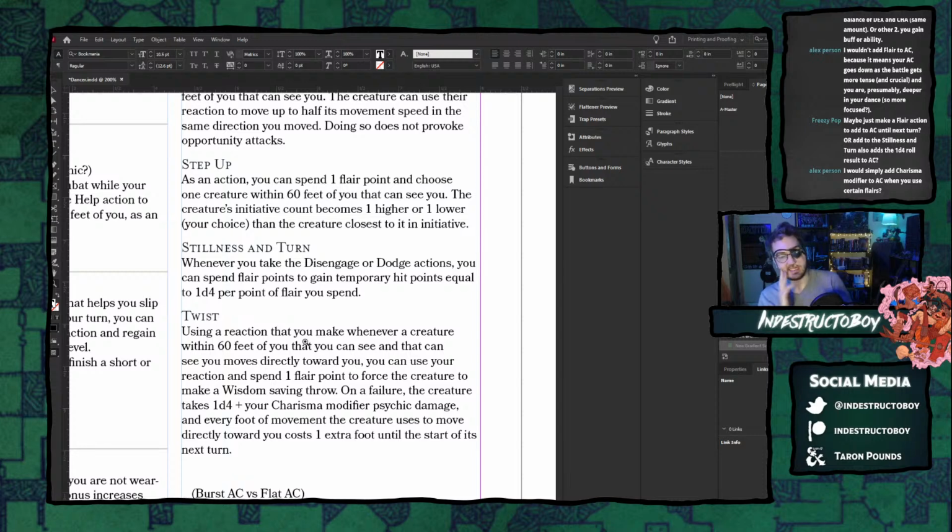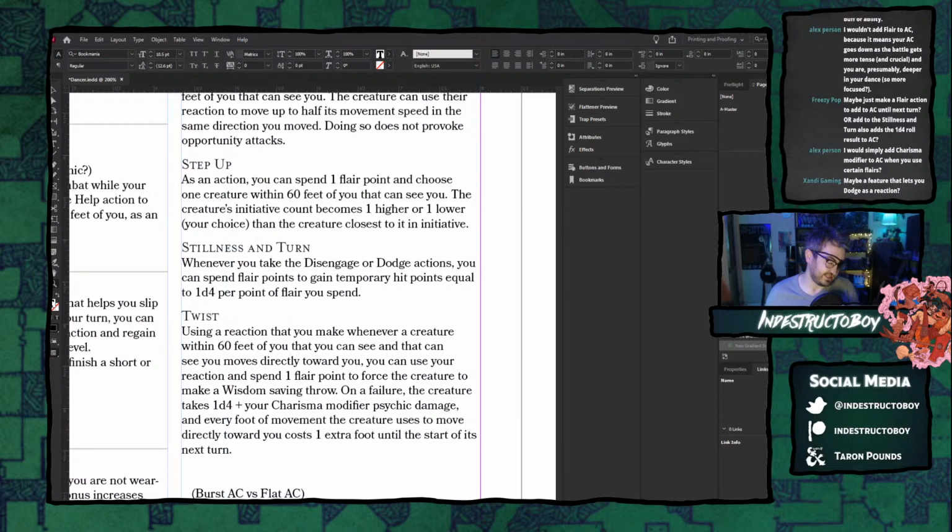But a way to think about that is also free Shield. Maybe a feature that lets you dodge as a reaction. So, the way that Dodge works is a little odd as a reaction, because I don't think any other class has the ability to do that as a reaction, right? Until the start of your next turn, any attack roll made against you has advantage. So, if we're talking about negotiating that in the action economy,